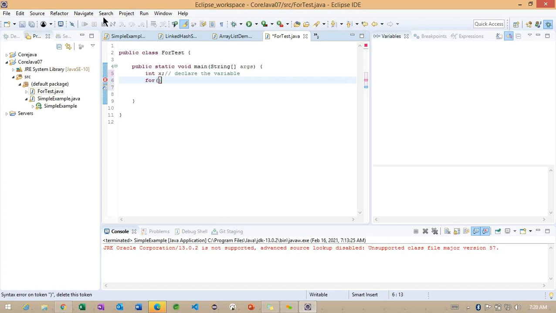First we'll write the syntax. For is a keyword, and after that the first thing we need to specify is initialization, the second is condition, and the third is iteration.